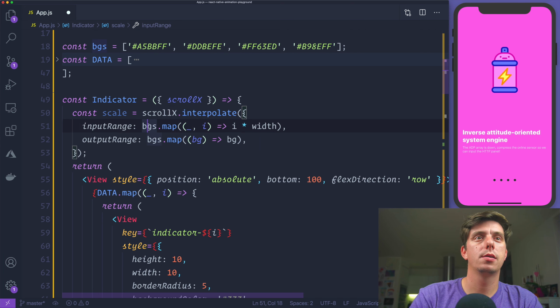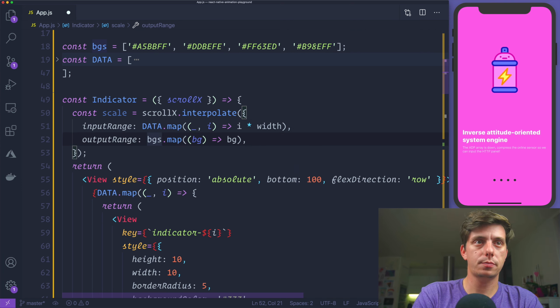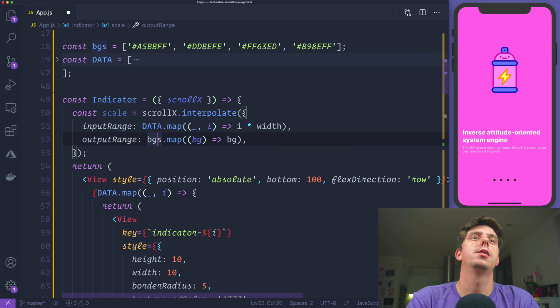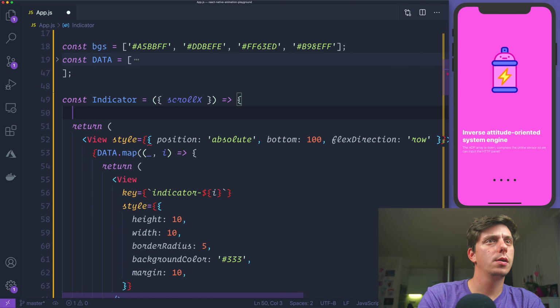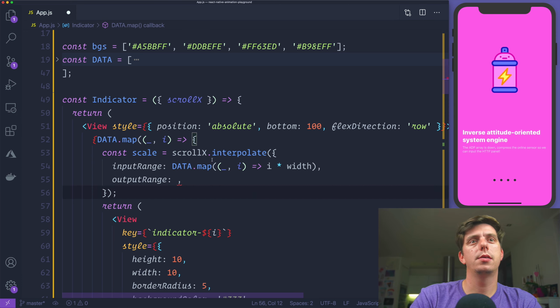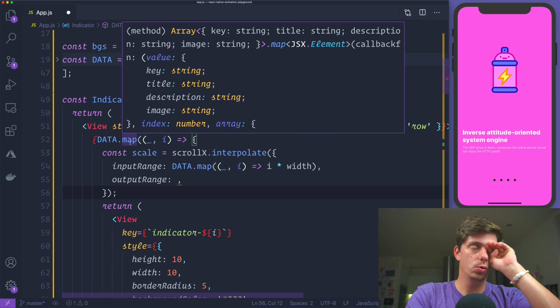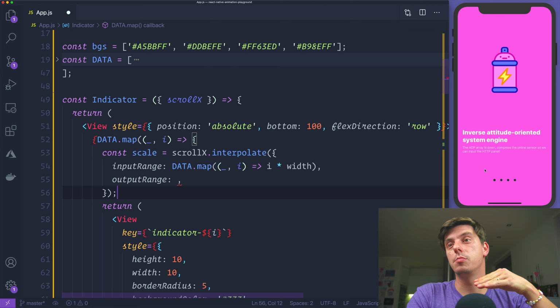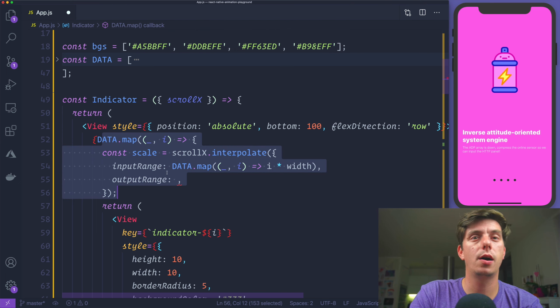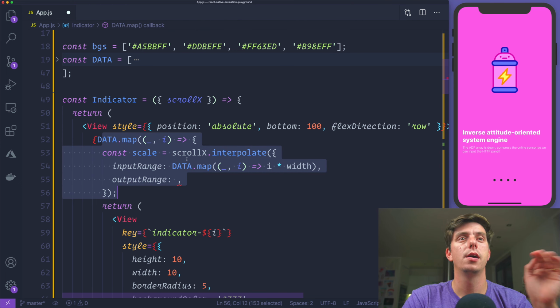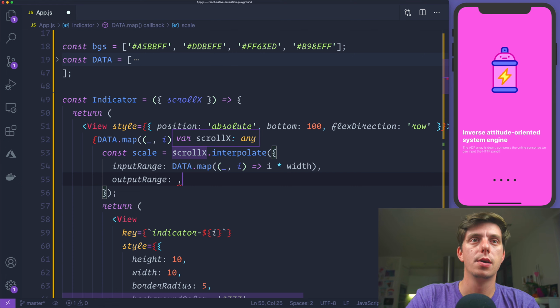We'll interpolate based on the data, and the output range, it's going to be, actually, you know what, this is wrong here inside, because we would like to create an interpolation for each particular dot. So inside the data, when we go through the data, we need to create the interpolation. So in our case, the scale is going to be,